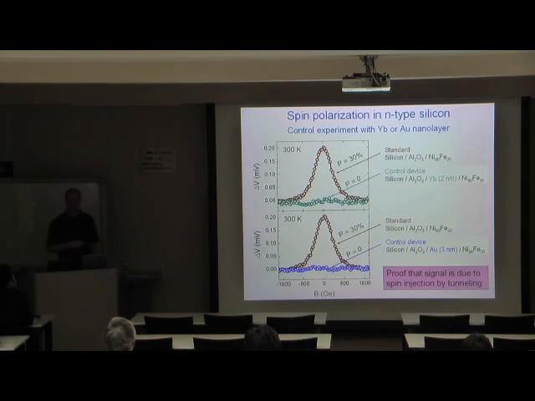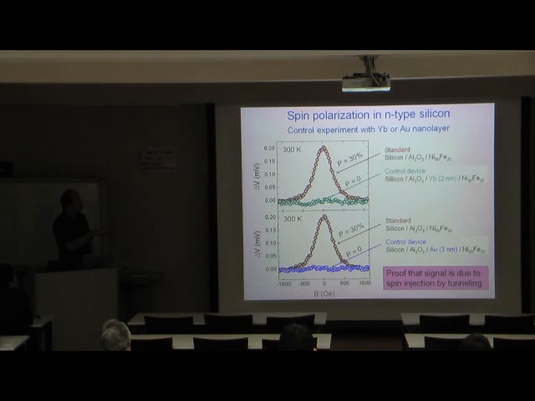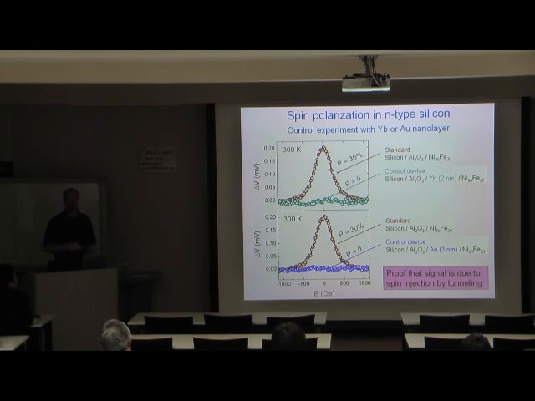It's very important when you do such experiments to do a control experiment to convince yourself that you're not measuring some kind of artifact. So the experiment that we did was to introduce between the tunnel barrier and the ferromagnetic electrode a very thin layer of a non-magnetic material, a few nanometers, which is sufficient to remove the spin polarization of the tunnel current. So we inject unpolarized electrons into the silicon, and we expect that the signal in that